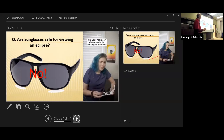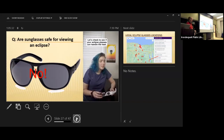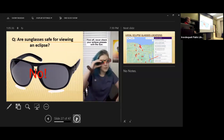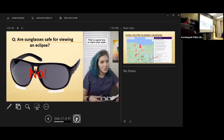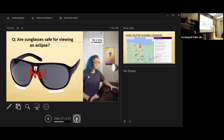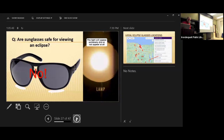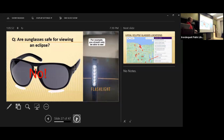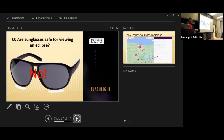Are your eclipse glasses safe for looking at the sun? Let's check to see if your eclipse glasses can handle the heat or if they need to stay inside. First off, never check your eclipse glasses with the sun. That's a good way to injure your eyes. Take your eclipse glasses and find a bright light, like a lamp or a flashlight. Hold your eclipse glasses up to the light and look through them. The light will appear extremely dim or not appear at all when looking through the glasses. For example, you should only be able to see the filament of a light bulb, but not the globe surrounding